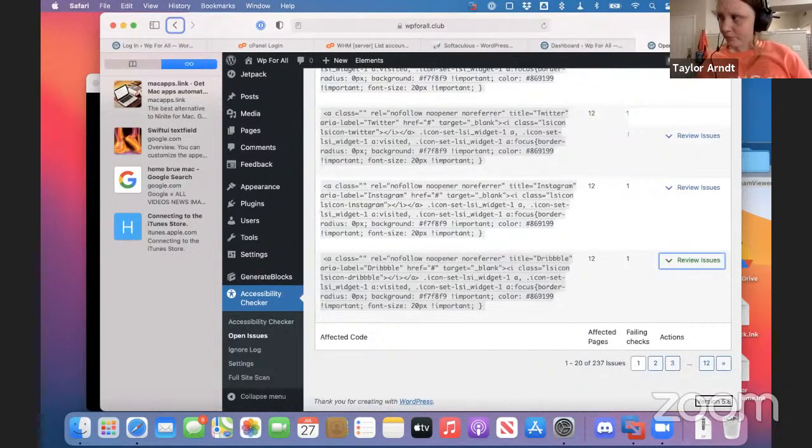And then I would say the tabs could be improved as well, to make sure that they're focusable, and not only focusable, but you can tell which tab is currently selected. Also trying to figure out a good way to separate items, like with headings and whatnot. But other than that, I think this could be a really good tool, and it's a really good start for blind developers in terms of making accessible WordPress sites.